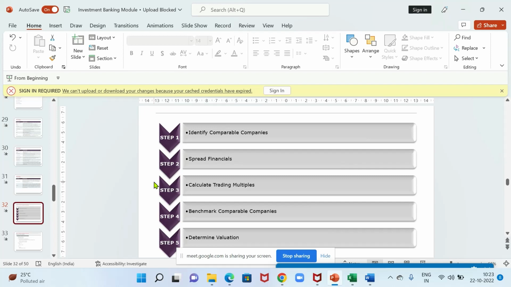Basis that, you will run a query in, say, FactSet or Capital IQ or Capitaline. There is a screening tab. I'll click on that. Now they'll ask me what are the various parameters. So you'll say all the public companies, all the companies which are based out of UP and in the sugar sector. Now they'll say there are 20 odd companies.